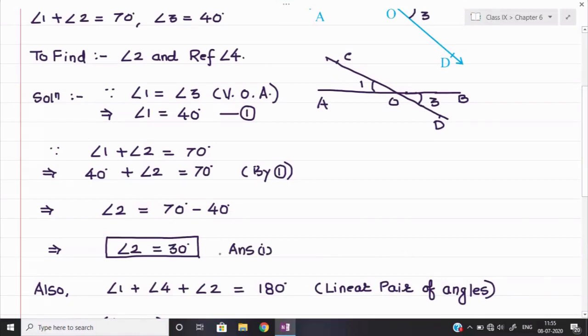I will indicate this is vertically opposite angles and they are equal. This is a linear pair of angles, so their sum is 180 degree. In a linear pair of angles, remember, not only two angles may come; more than two angles can also form a sum equal to 180 degree. So please read the definitions I have explained in the beginning. Next time onwards it will be easier for us to understand the concept and the question as well.